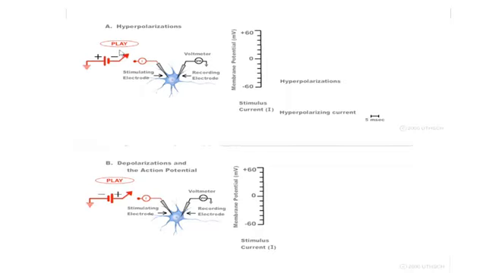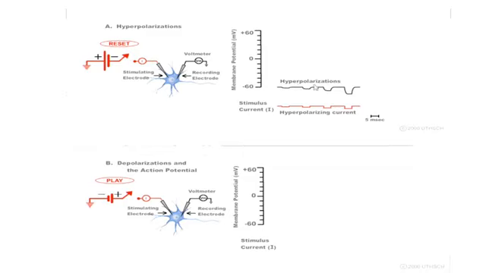And intuitively, you might think, if we change the size of the battery, how is that going to affect the degree to which the inside of the cell is more negative? Should be proportional, right? Let's see if that's what happens. Small battery, larger battery, larger battery, larger battery. Okay, so here we see that each time we closed and opened the switch, the membrane potential became more negative.